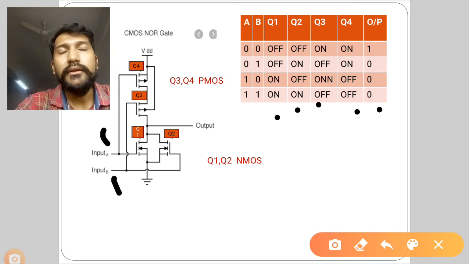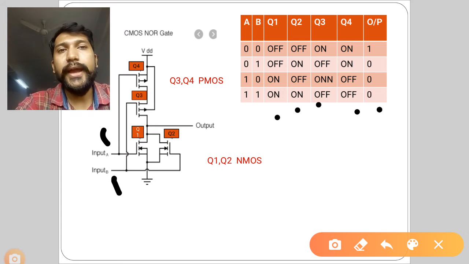It is very easy. You just have to remember the on and off conditions. The only complicated thing is the diagram comparison with the CMOS NAND gate. In the CMOS NAND gate, the upper MOS devices will be in parallel, and at the bottom you will have devices connected in series. This is the thing which we have to remember over here. So see the concept properly. This question is always asked for 4 marks. In the last exam, 2019-20, this question was asked for 4 marks: draw CMOS NOR gate with its truth table.